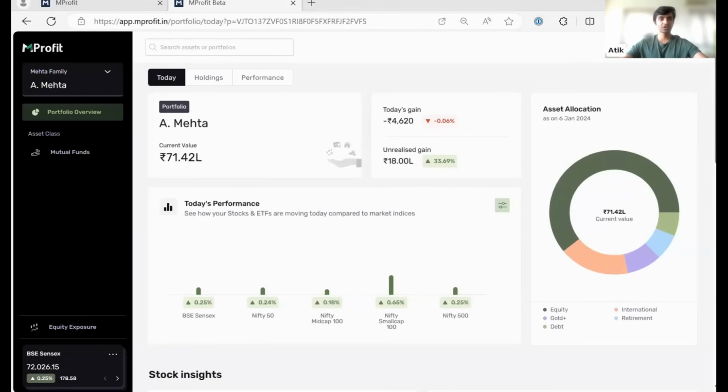A lot of our users have already started using this feature. Fairly easy to understand and use, even if you haven't gotten a demo of the feature from us before. But today we'll be talking about how to use this feature. And after you have synced your mutual fund transactions to MProfit, we'll be talking about how you can leverage MProfit to view a variety of different insights relating to your mutual fund portfolio on the reporting side and the analytics side. And we'll talk about a few new features we've also added recently from a mutual fund analytics perspective.